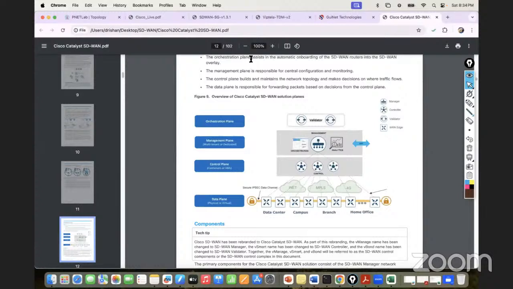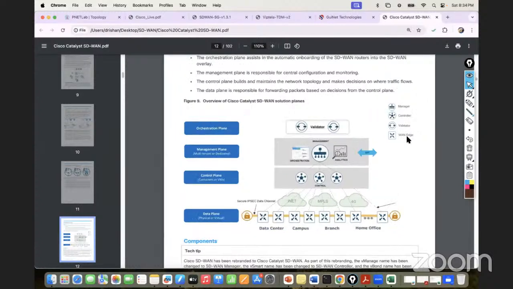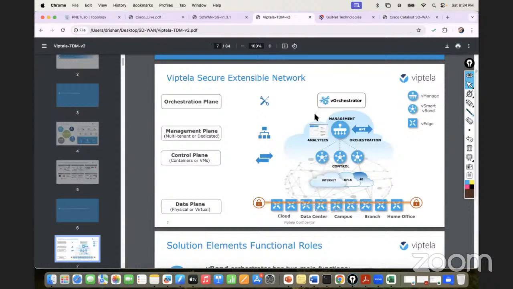see here. If you compare this diagram with this diagram, this diagram was Viptela. We have the names vManage, vBond, vSmart, vEdge and C-Edge. Also there was C-Edge as well. Let me write here, because when you use the ISR, ASR and CSR, this router image will be known as the C-Edge. So we have these kinds of vEdge and C-Edge. But